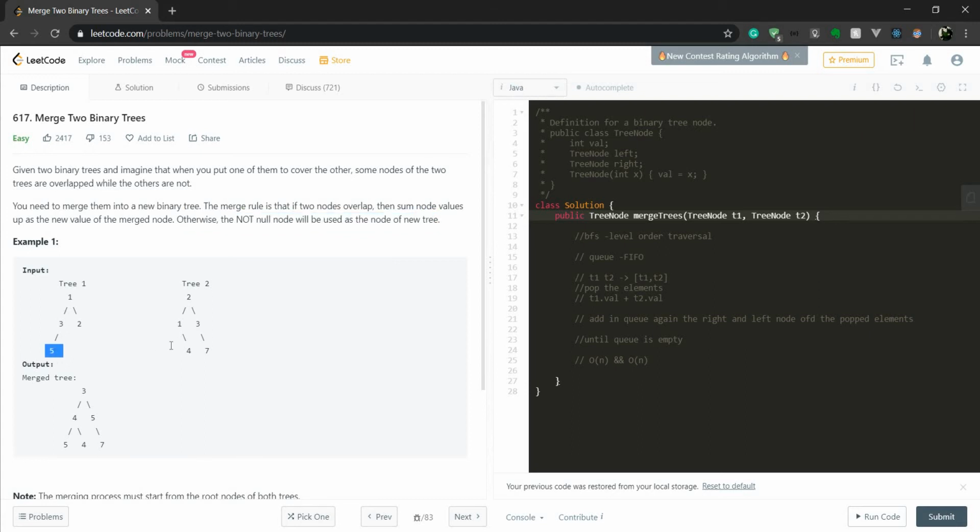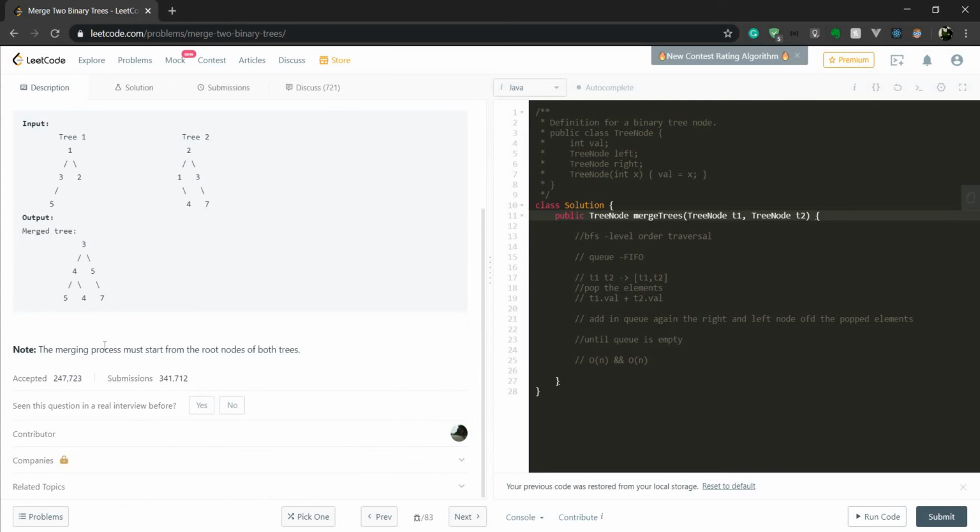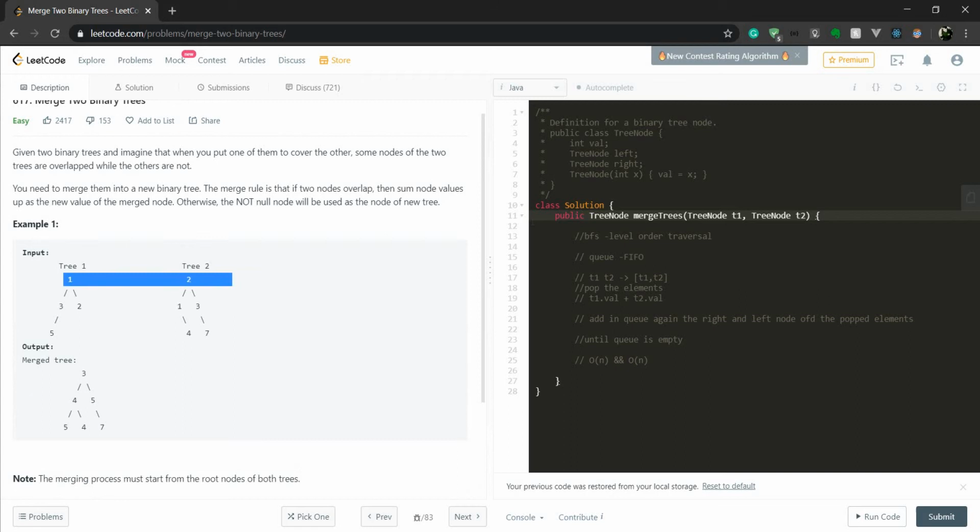So the thing is that the 5 is not present here, so we are just going to take the 5. It's like we are adding 5 plus 0. And there's a 4, there's no value for that, so it will be 4 only, and after that 7, it will be 7 only. So this is basically the question. And the merging process must start from the root nodes of both trees. So it should start from here. Okay, no problem. Now the algorithm we are going to use here, you can see on the right hand side,